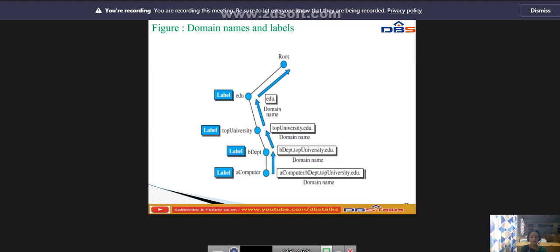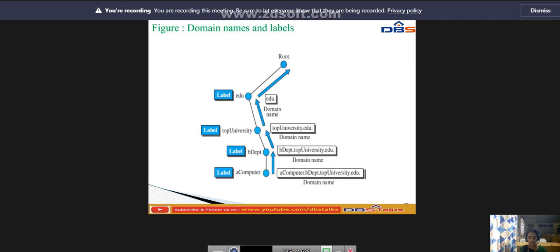A domain is a subtree of the domain namespace. The name of the domain is the name of the node at the top of the subtree. This diagram shows domains. Note that a domain may itself be divided into domains.